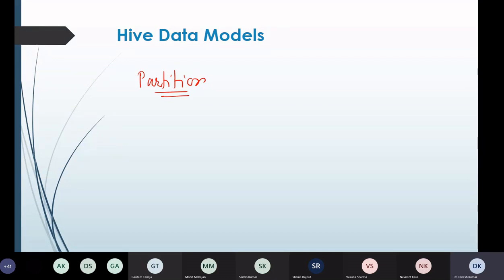Right. So that when we give a query to the Hive, it would be easier for the Hive to run MapReduce jobs on the particular query. Right.